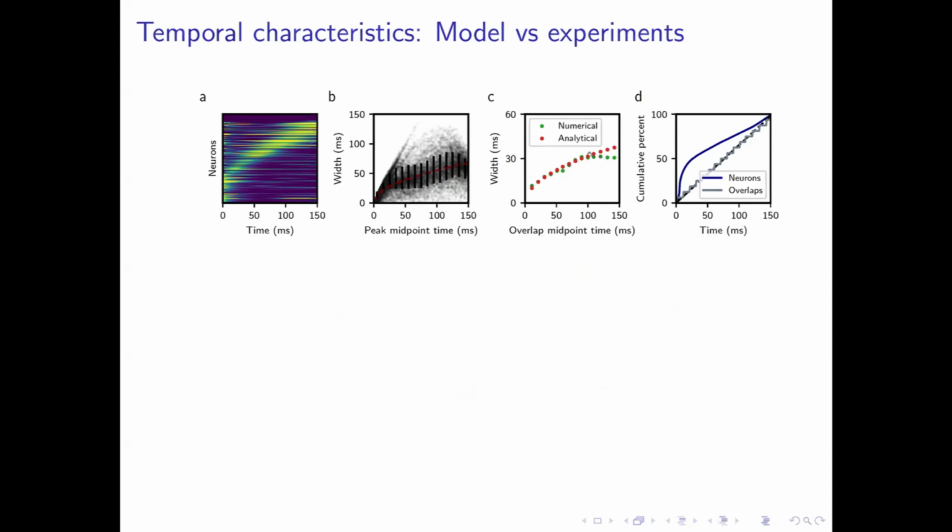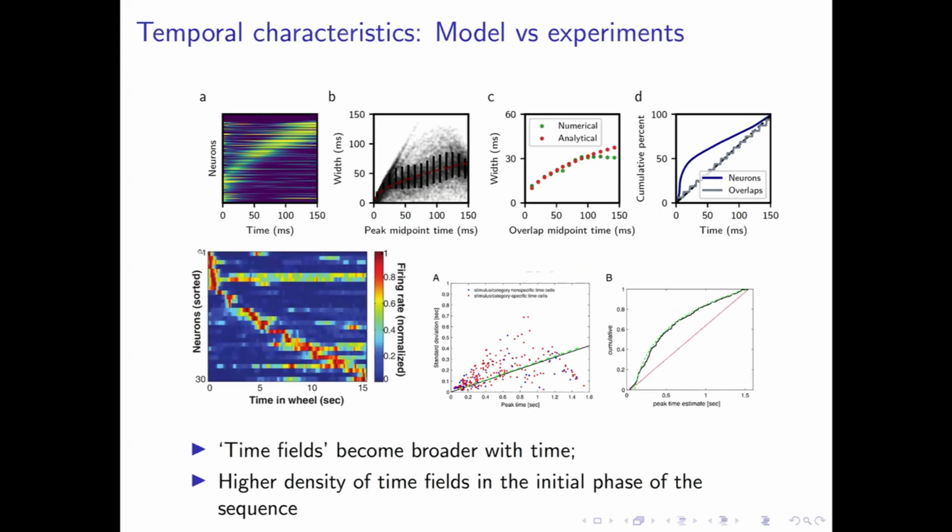the simulations. And interestingly, that also matches, at least qualitatively, very well some data, in particular the data about these time fields, where you see clearly that initially these time fields are pretty narrow, but then they become broader and broader with time. And this is basically the data. So in that paper, they've basically described it as a straight line. This model would predict that it's better captured by a square root function.